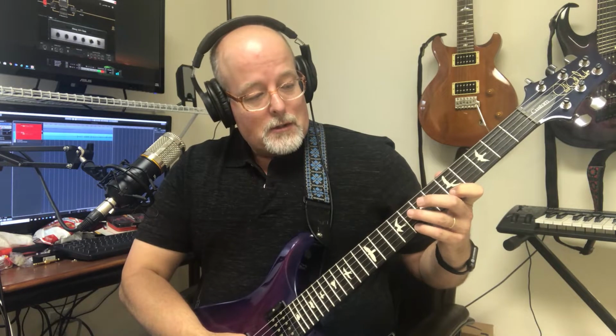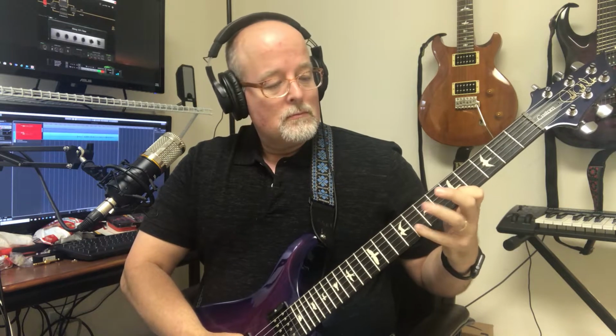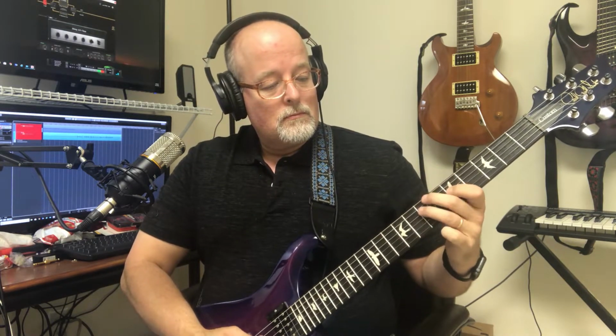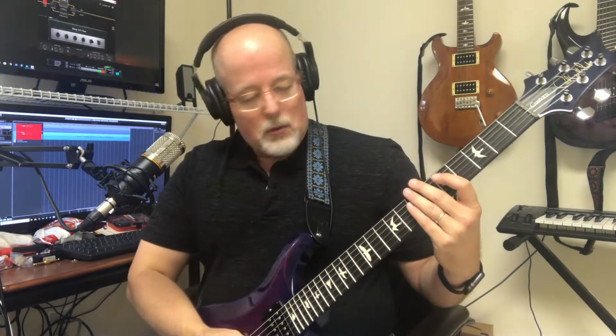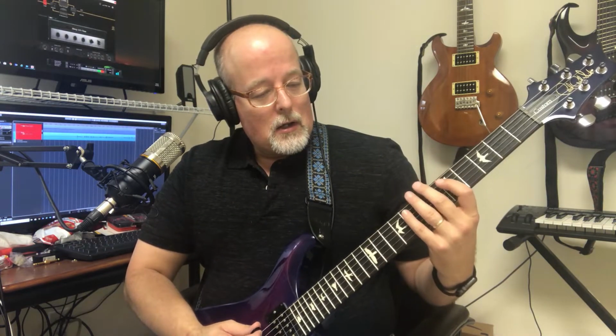to get into the rut of just going up and down the scale, up and down the scale. So in order to break out of that monotony, I thought it was a good idea to maybe start breaking it up into sections. I think it's a good idea for everyone to practice the way that they want to play. And what I mean by that is if you're wanting to play blues scales, that